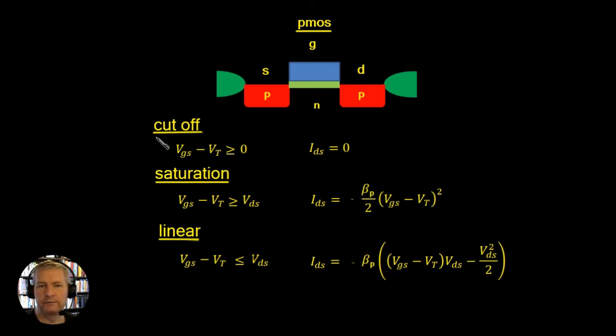The cutoff is whenever the device is completely off. Whenever the device is completely off, it means that there is no inversion layer anywhere along this channel. So in order to ensure that that's the case, if we say that the voltage between the gate and the source is greater than or equal to the threshold voltage Vt, then what we're really saying is the gate source voltage in effect would be the voltage which would be the field running from the gate terminal down to the bulk or the substrate. In which case we would be attracting electrons up towards the more positive side. So the gate would be the more positive, and the other side of the device here, which I'll actually just draw in,